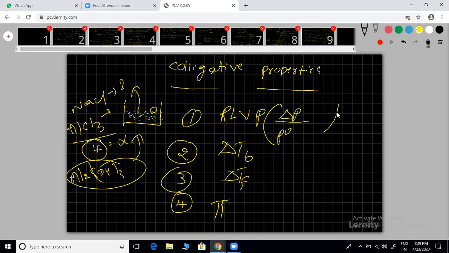These are the 4 colligative properties. I hope you know all these properties and their corresponding formulas. Clear? And what is the main role of studying these colligative properties? We know that any solute particles present in the solution may show different properties. That's what we call colligative properties. Already we discussed. But what is the main purpose we are going to use colligative properties for?